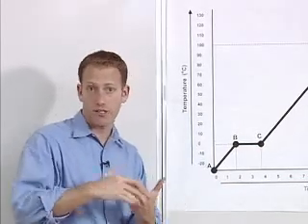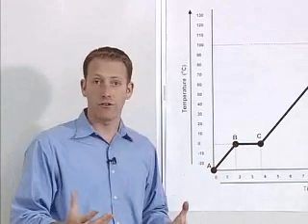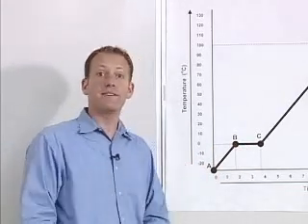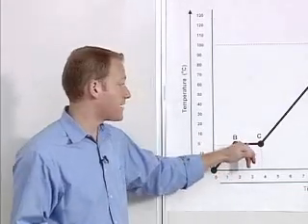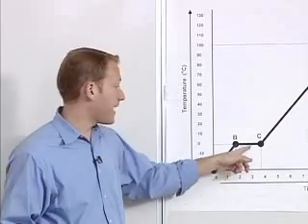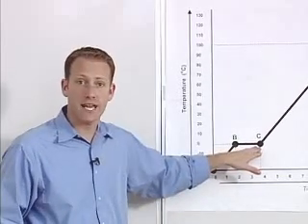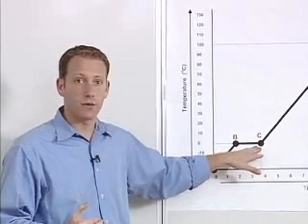Remaining the same, because temperatures remain the same. But the potential energy, since you're adding heat, the potential energy is increasing. And that's what's happening at BC. The potential energy is increasing, kinetic energy is remaining the same, and you're going from solid to liquid.